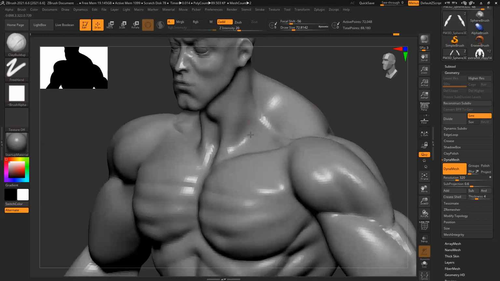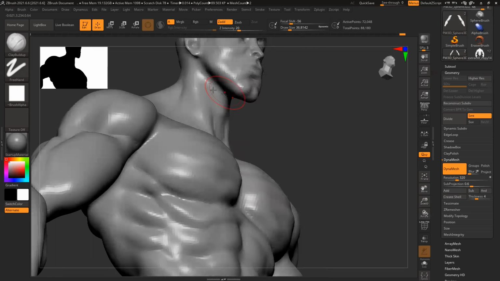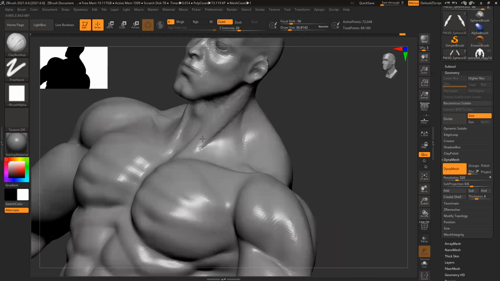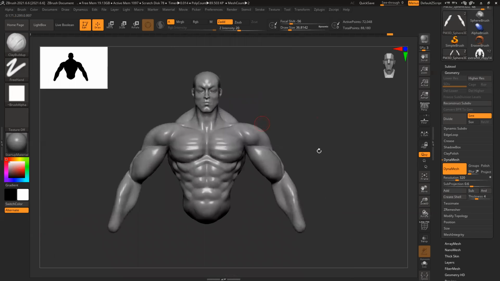Clay buildup: if this guy is so beefy, this part cannot have this much depression, and the neck part also cannot have this much depression. Muscles should be slightly stronger. Much better.